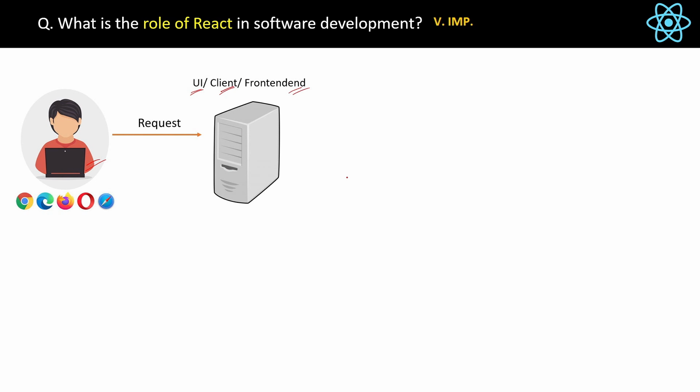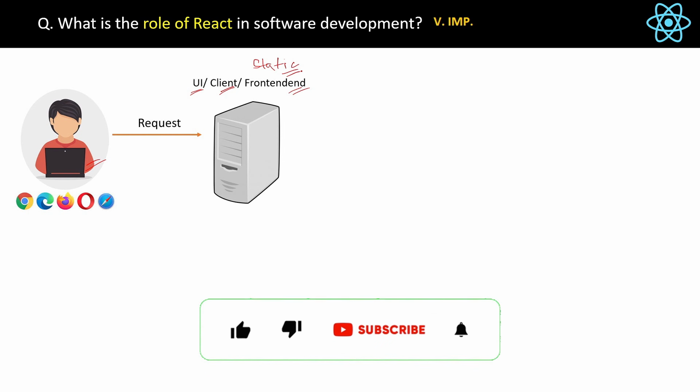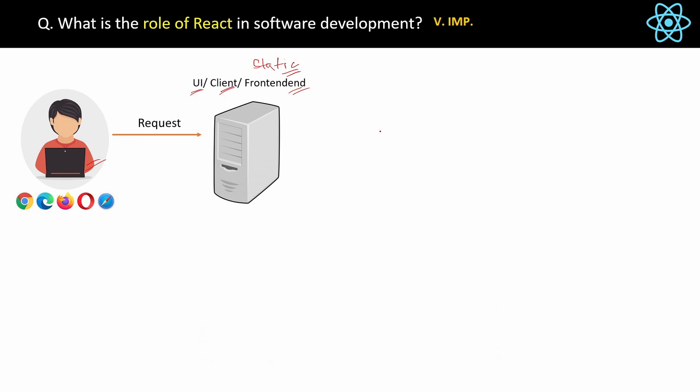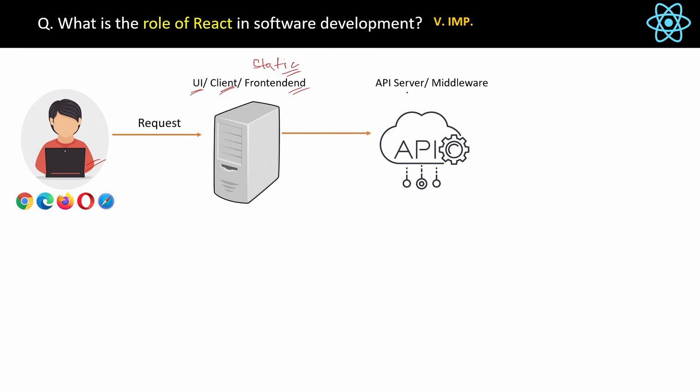This front-end server will have all the static HTML content in itself, like name of the website and other static content. But for dynamic content like the list of orders, this UI server will send the request to some API server. This API server is also called middleware sometimes, and it is only responsible for business logic and getting and posting the data only. There will not be any UI elements like HTML, CSS or JavaScript in this API server.